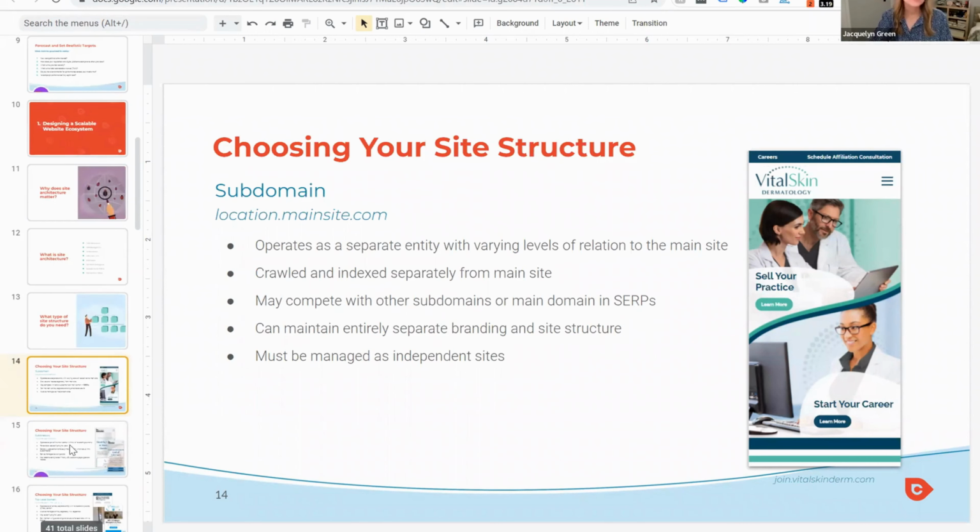Exactly. And this often makes sense too if you have totally different services, even though you are trying to maintain that same look and feel and same branding. So if you offer orthodontics at some locations, but only dentistry at another, or only dental surgery at another, that might be a situation where you really need to evaluate if your audience is looking for the same thing, or if you need to create totally separate